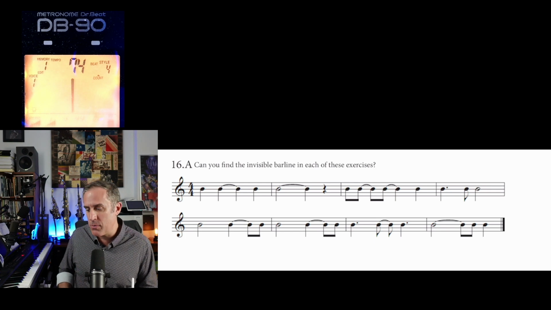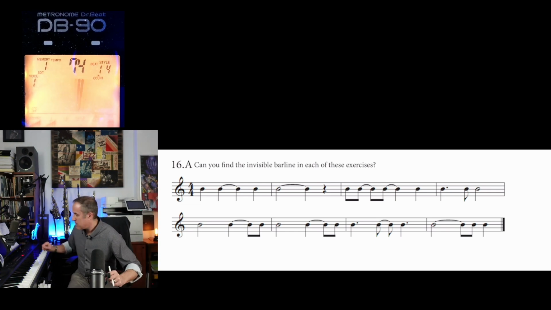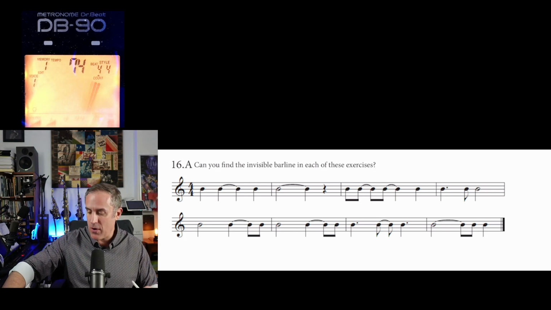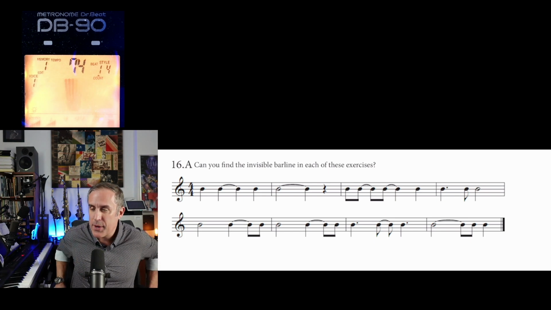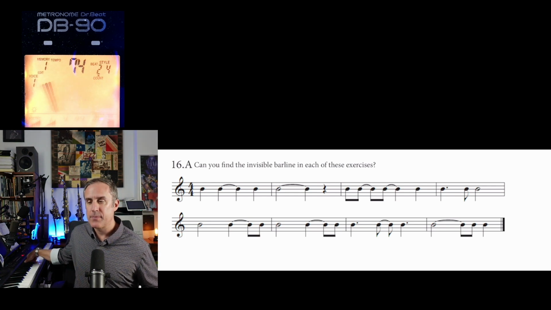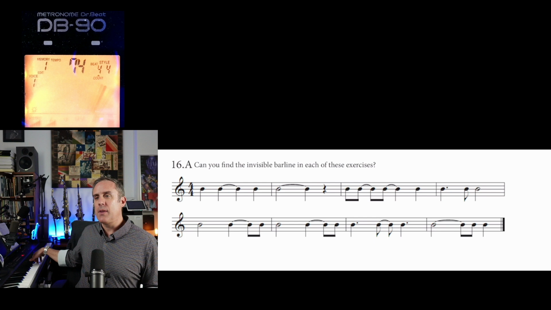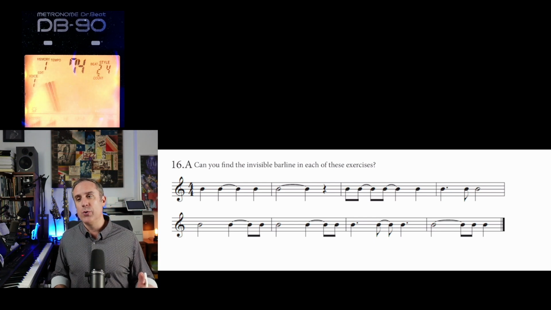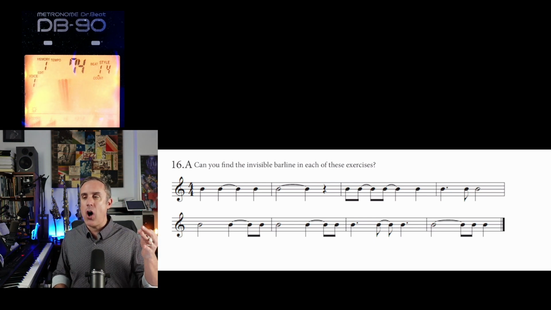All right, let's get the metronome started. I'm going to turn up the volume here on the metronome. All right, there we go. And here is your G3. And I'm going to count it off, and I hope you'll join me. Here we go. 1, 2, ready, and ta, ta, ta,